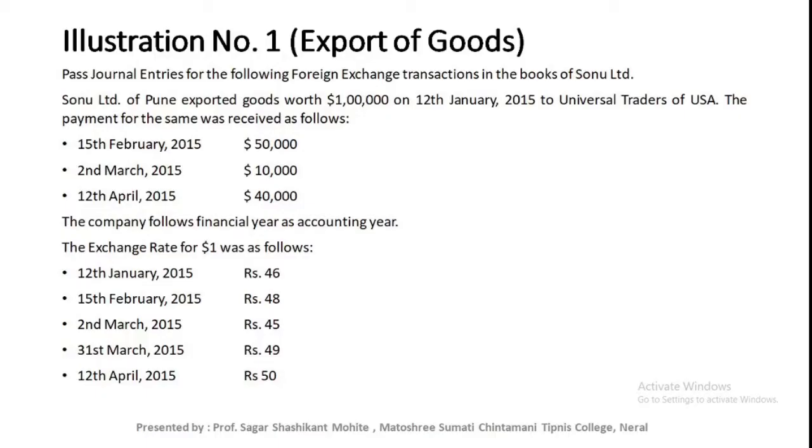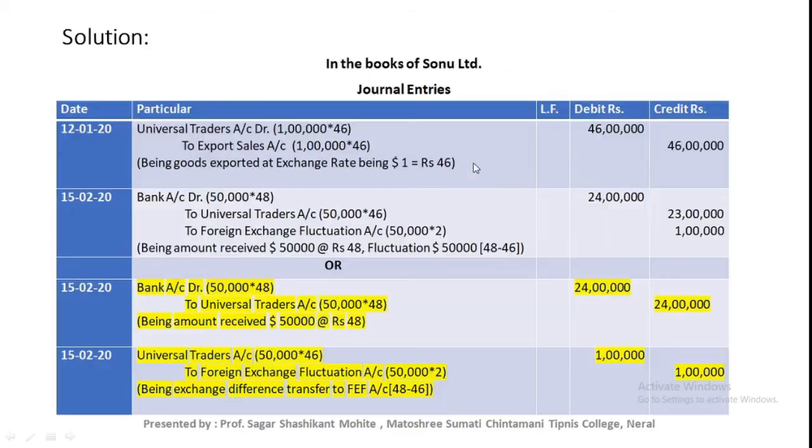Okay, and the amount for the journal entry will be... The transaction is done in US dollar, but while preparing the journal entry, or while posting the entry in the accounts, we need to transfer that into reporting currency. That is our reporting currency, rupees. Even though our transaction is done in US dollar, that is $1 lakh, for account purpose we need to transfer that entry in rupees, that is reporting currency.